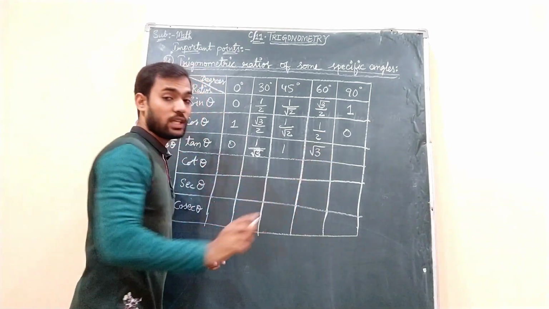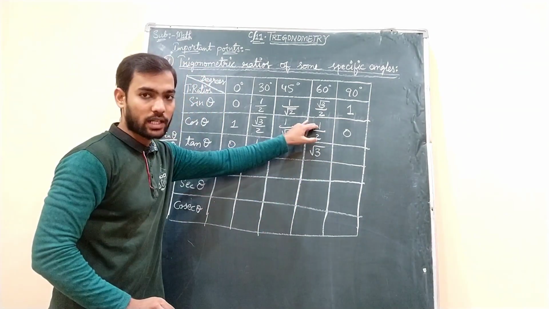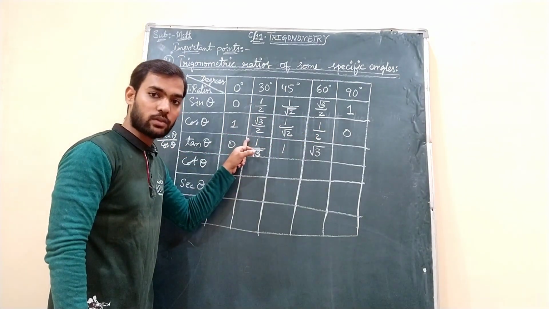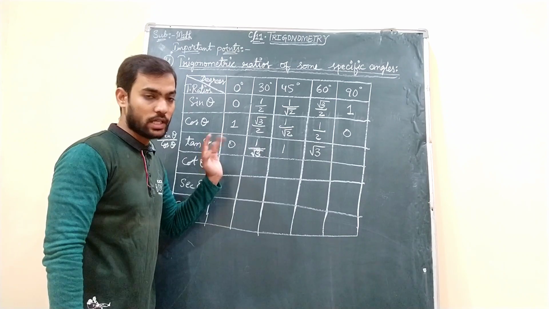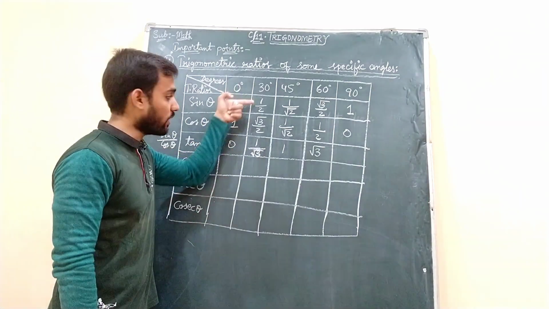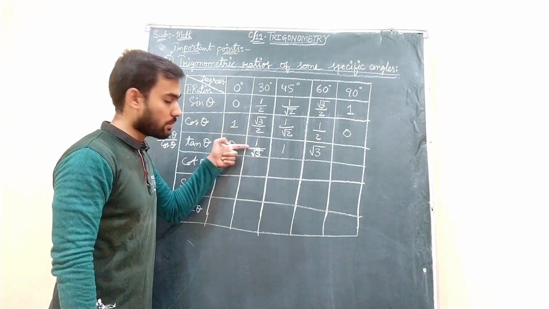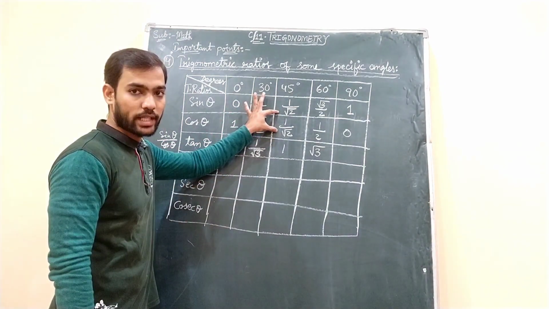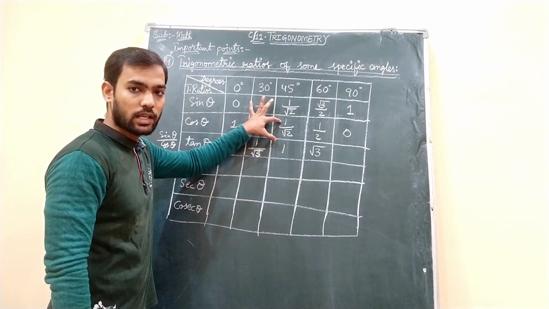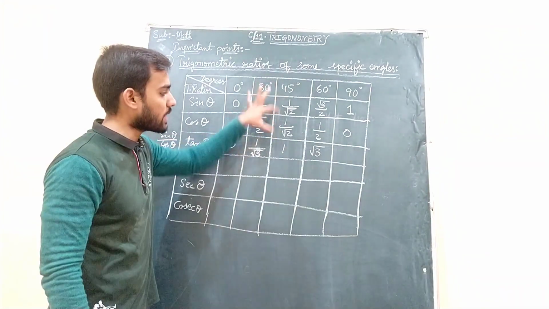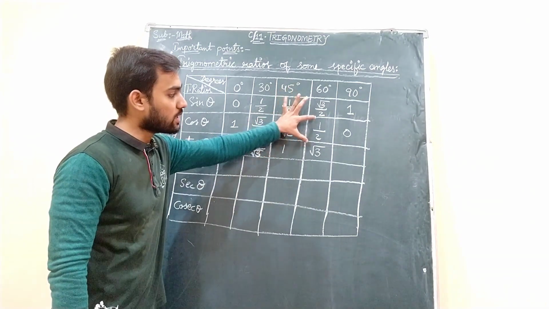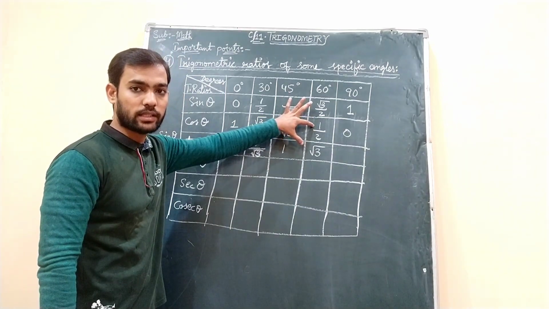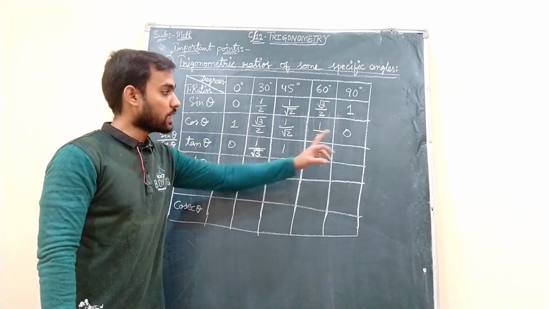Root 3. See, when you have 1 in the denominator, you will ignore that 1. But when you have 1 in the numerator, it is necessary to write that 1 and whatever denominator is there. Here you see, in the numerator I got 1 and in the denominator I got root 3, so I wrote 1 by root 3. But here I got 1 by 1 because both root 2's got cancelled, right? So the denominator is also 1, so I am ignoring that and writing only 1. Same happens here also. This 2 got cancelled. What remains? Root 3 by 1. So I have ignored this 1 as it is in the denominator. I wrote only root 3. Understand?